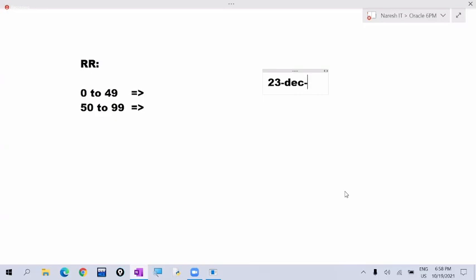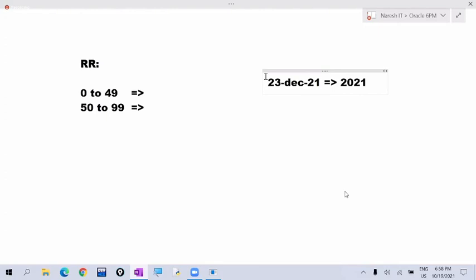If we give the year value between 0 to 49, it will be prefixed with 20, meaning the 2000s. For example, here I am giving 21, which implicitly is taken as 2021.